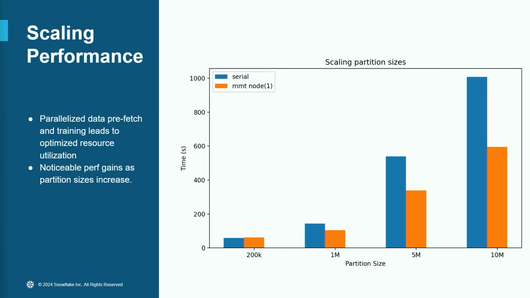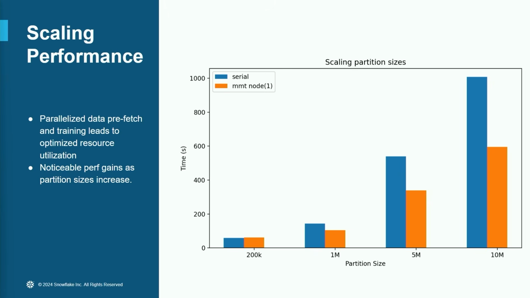These are some results we have seen on synthetic data. So in this example, this is comparing a very simple for loop over all the partitions with our mini model training API. The blue bars show the ones for the serial training, and the orange shows ones for the mini model trainer. You can see on the x-axis we are scaling the partition size. So when you're at small scales, 200,000 rows, a million rows, it doesn't matter a lot because sometimes the overhead of orchestration takes over the benefits. But as you get to more serious scales, 5 million, 10 million, you can see the training time almost gets